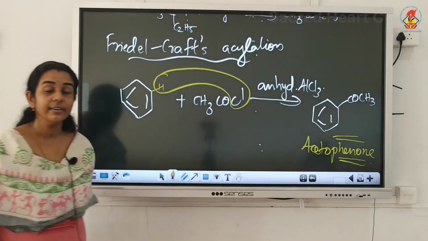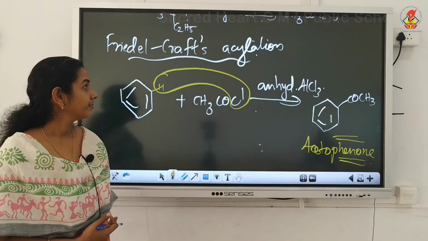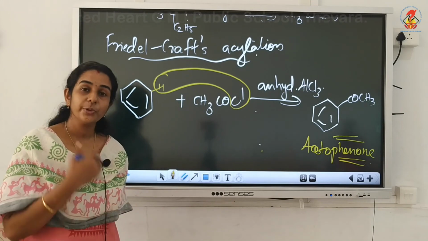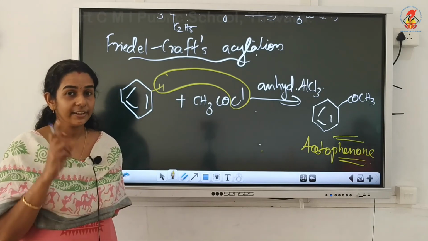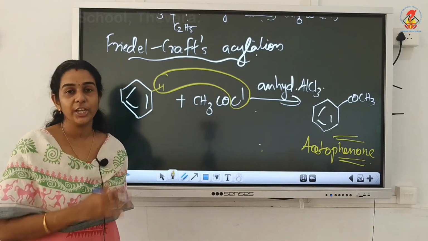So these are the preparation methods for ketones. Whenever we study the named reactions or any organic reaction, study the reagent first, then study what is the conversion or the change happening.